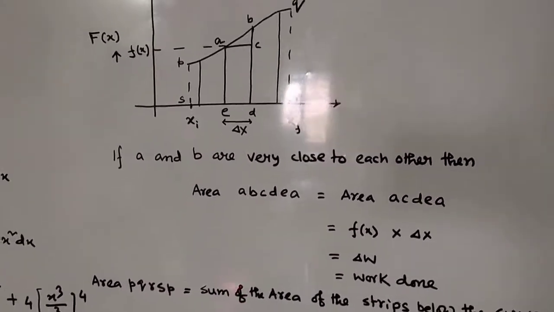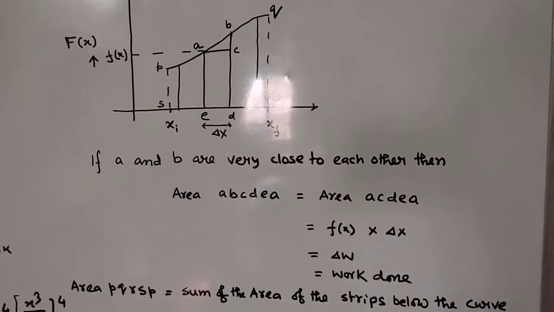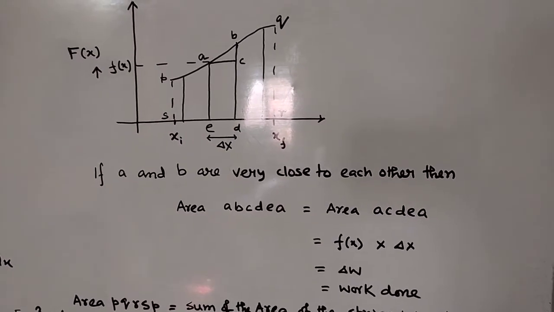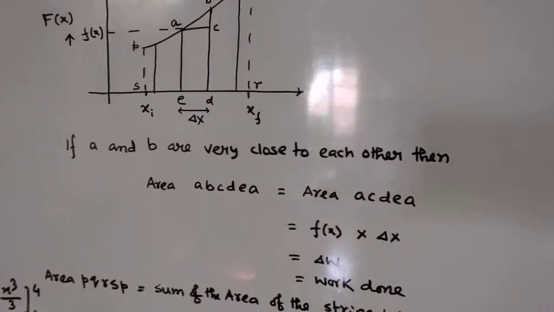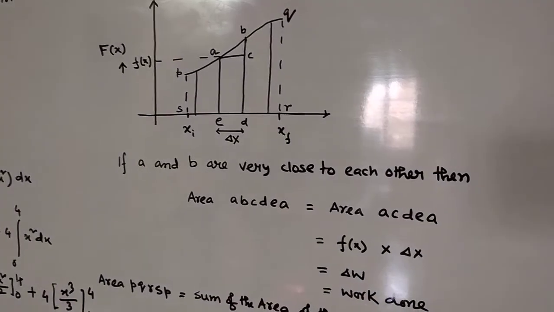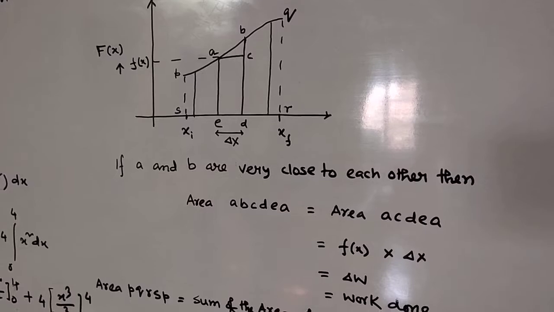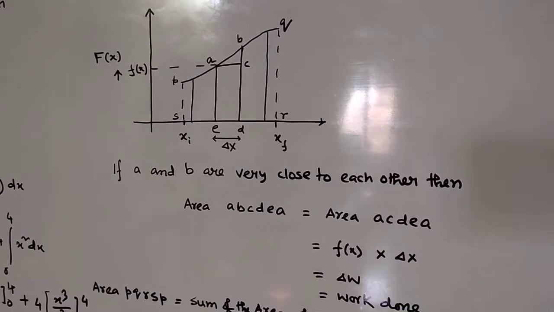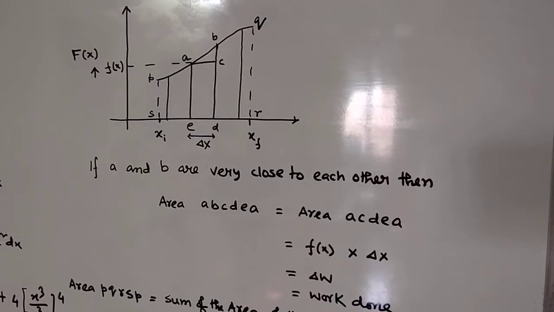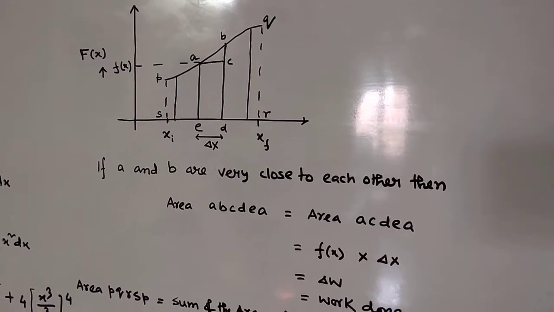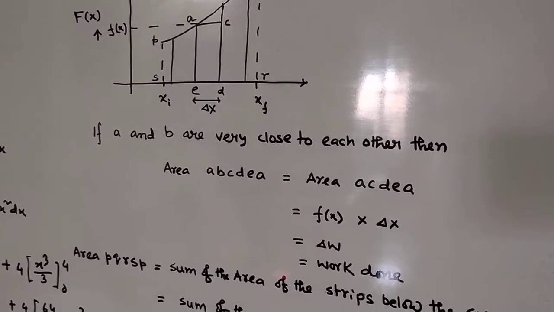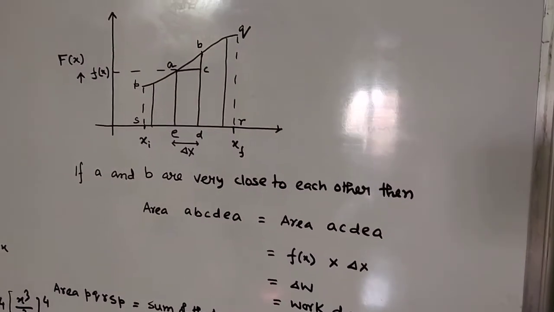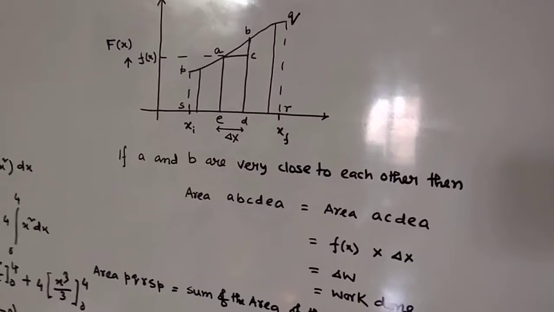So if you have to find the total work done, then you have to find the area PQRSP, that is the area bounded by the curve with the distance axis or the displacement axis. Then it is the sum of the area of the strips below the curve, is it not? So if you divide the region